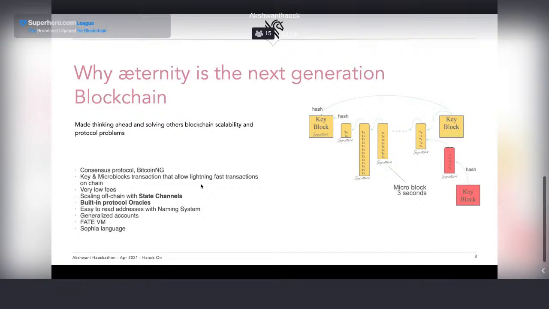And this is super interesting, and the main focus of this hackathon: I have the possibility, in the same smart contract, on the same blockchain, without any weird or external thing, to work directly with oracles, publishing my oracle, having my oracle, querying my oracle. Of course, our naming system makes addresses easy to read for wallets, for contracts, for whatever I need.